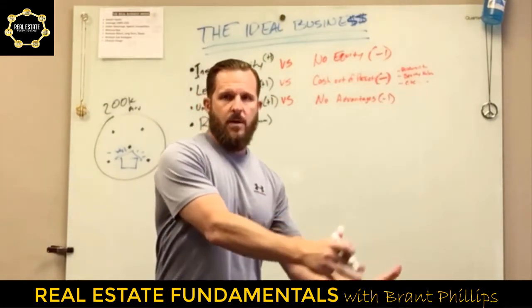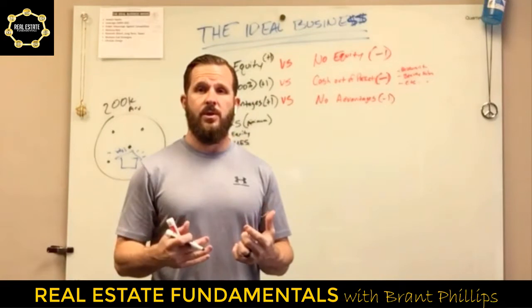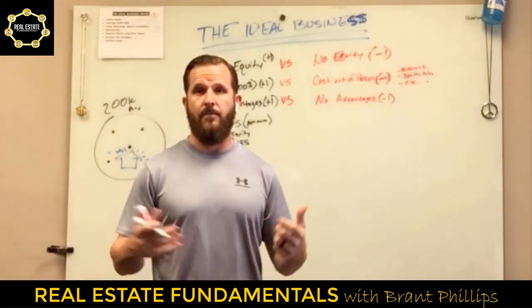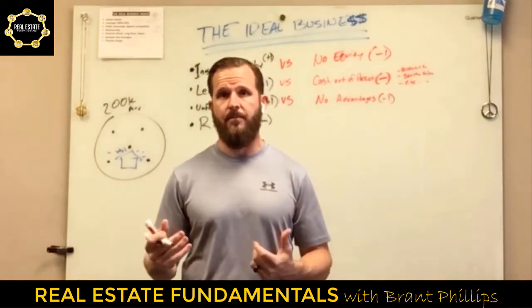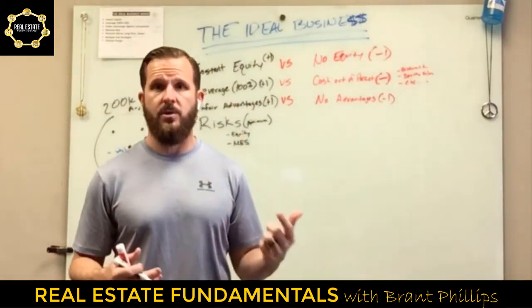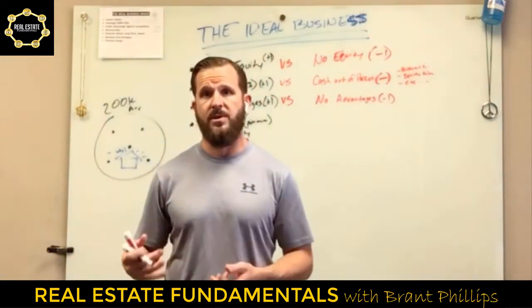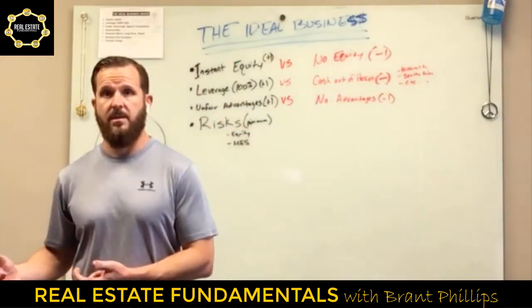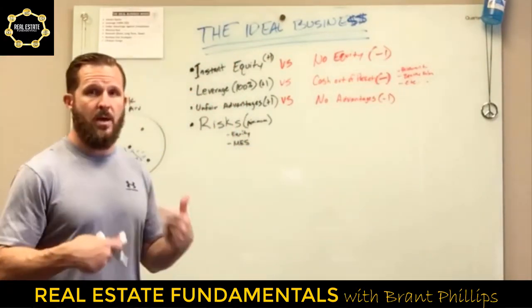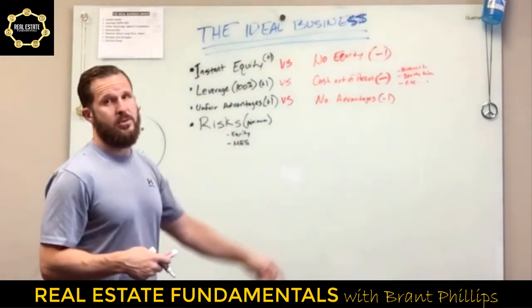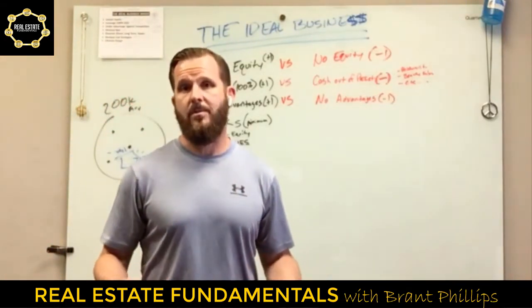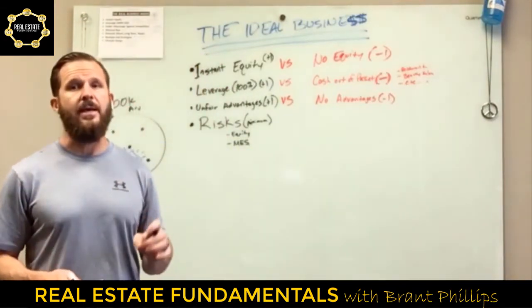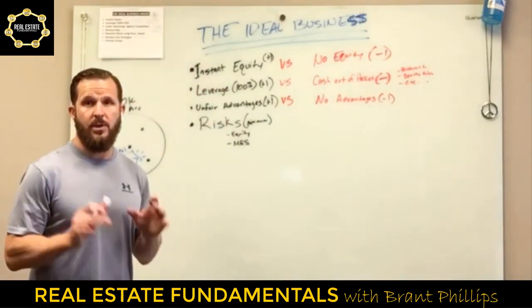So the type of investing that we do, we build an investing model with our deal flow. It starts at deal flow, right? So the leads that are coming to us are properties that we have multiple ways to execute and monetize those deals, whether we flip them, whether we hold them as rental properties, owner finance notes, wholesale them, or even sometimes just list them for the sellers. We're able to monetize these deals in multiple ways, right? We have multiple exit strategies or multiple income strategies from each and every lead in each and every deal that we do when you do it the right way.